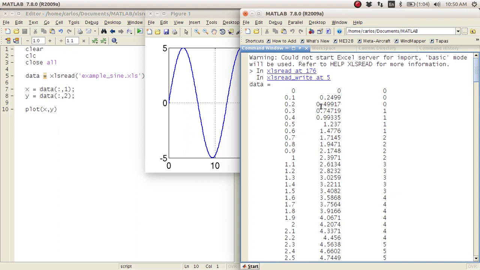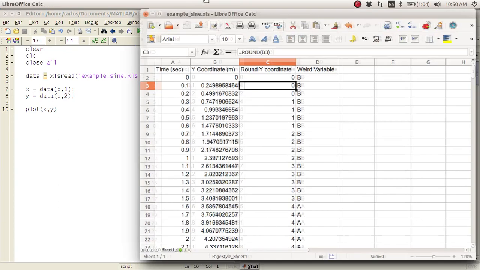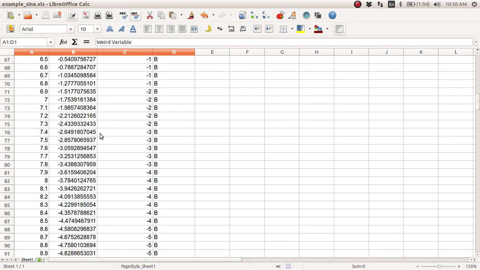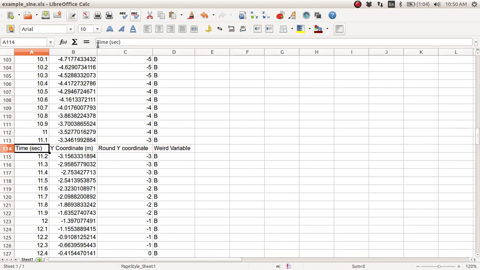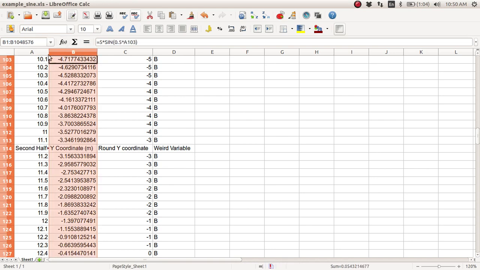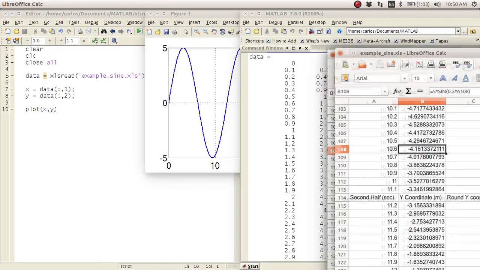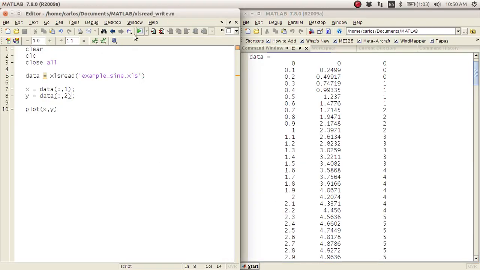But that still brings up a really big point here. If you look at data, notice that data is only this data here. What if I grabbed this row and went down like halfway, did an insert row, and said that this was the second half or something like that? So there was actually text halfway in between my data like this, right? And if I then tried to run this,